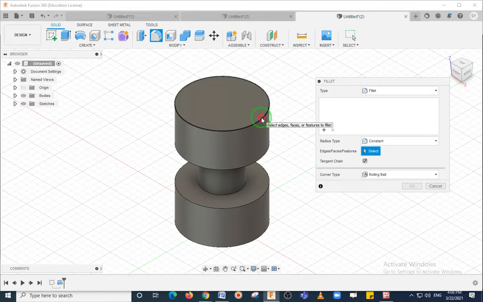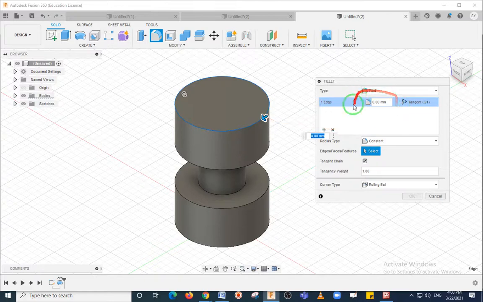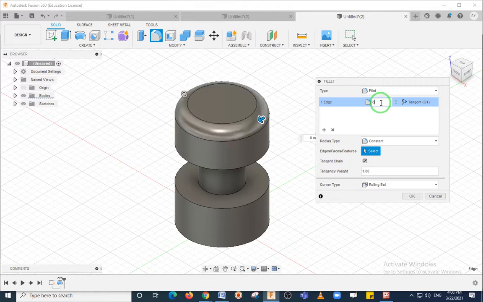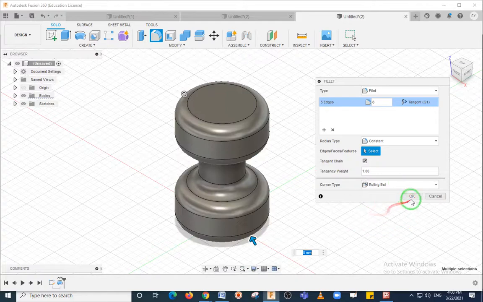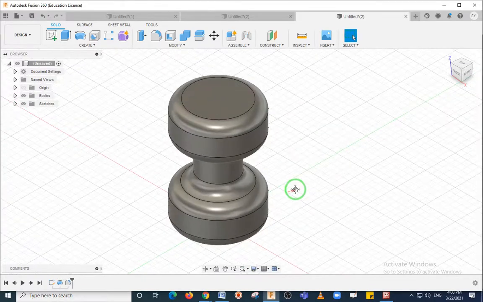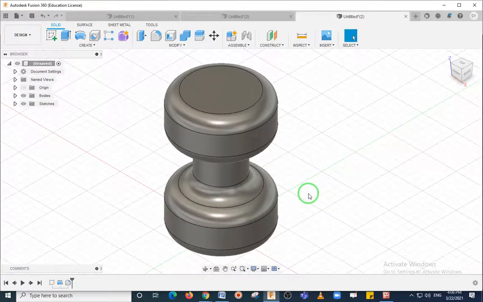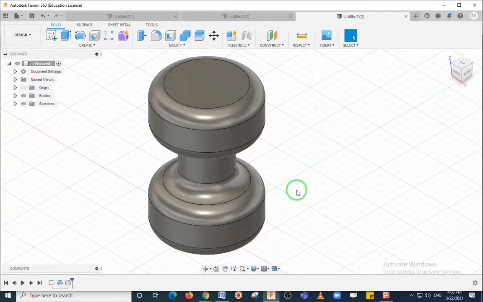I'm selecting this upper edge. Now I have selected the upper edge, and at this drop down you have to enter the fillet radius, or the radius of that corner. Now I have entered the radius as 8. Now I can press Control and select the remaining edges. See, I'm selecting the remaining edges here. As I have selected all the remaining edges, I can press the OK button now. As I have pressed OK, you can see this dumbbell is completely filleted with a